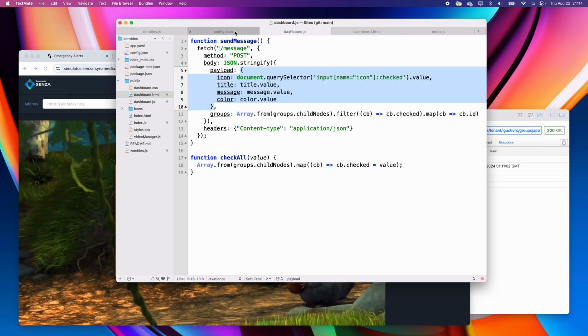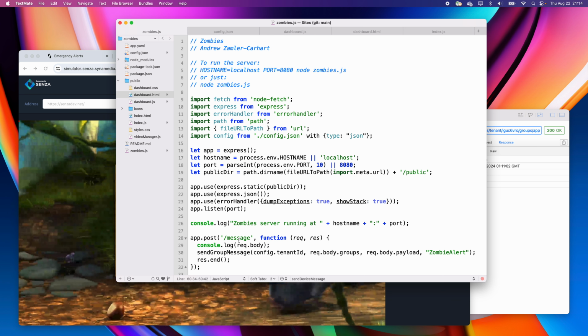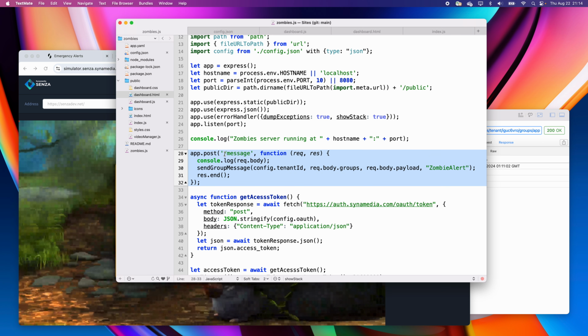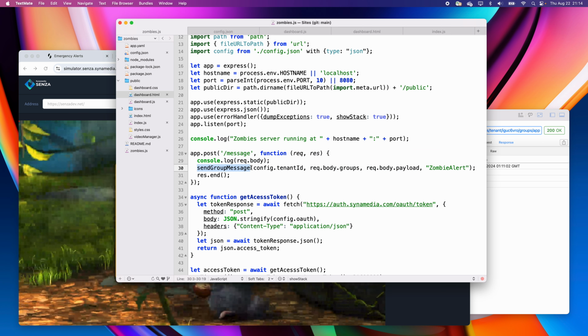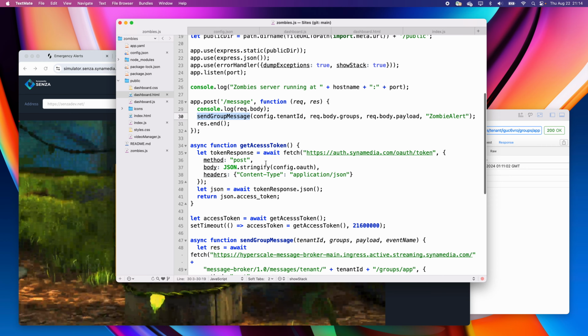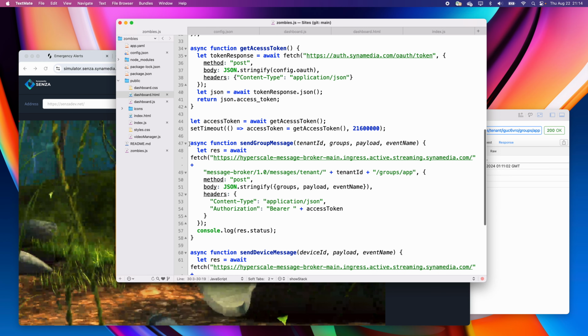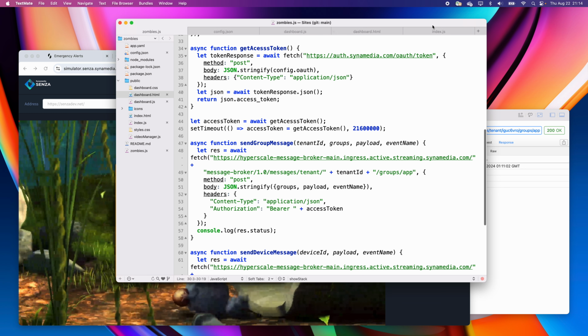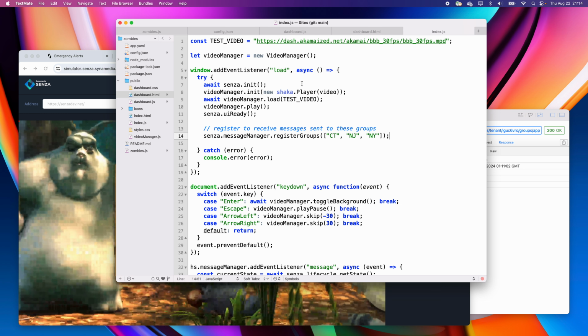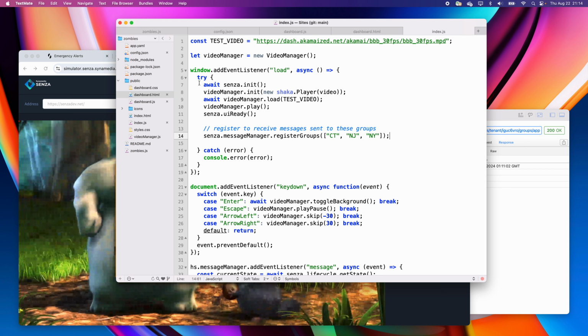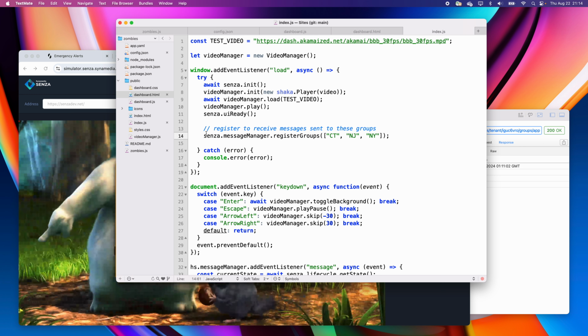So when we send that, we're going to call that endpoint. It's going to call that function. The Node app is going to call the Senza REST API. And then over here in our client, this is verbatim almost the same as the banner app, except